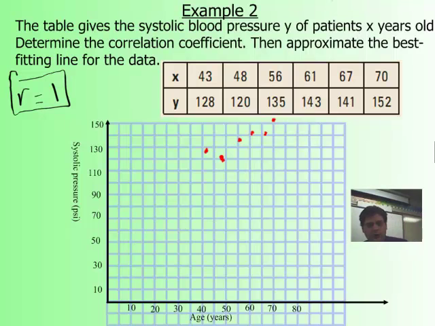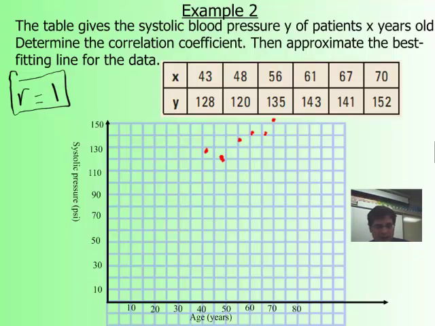Anyway, all right, so we have our points, and we can see they're pretty strong, strong enough for our calculator to term this as a positive correlation coefficient of 1. And see, it is positive, and we see this has an upward trend to it. Now, when we